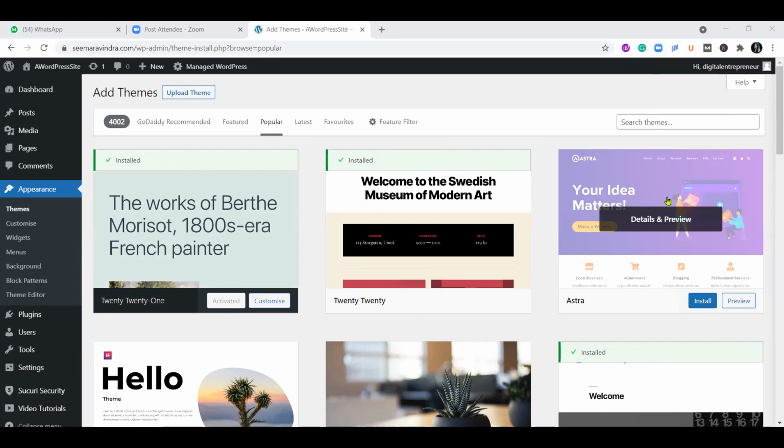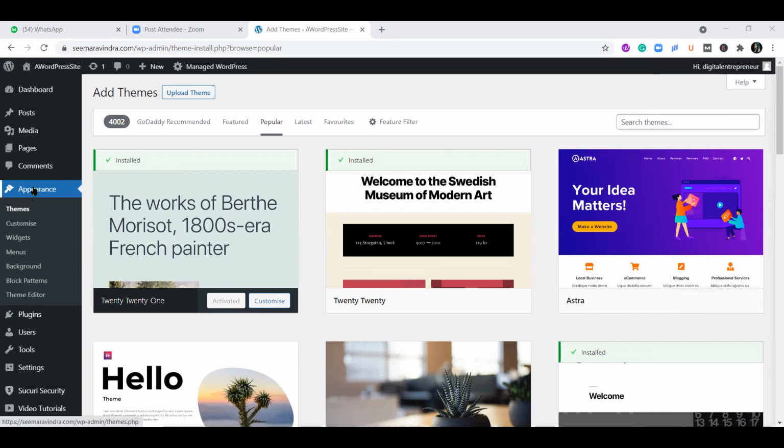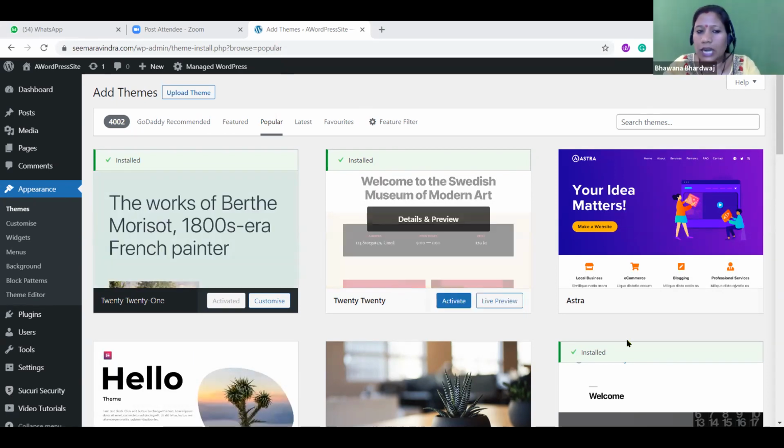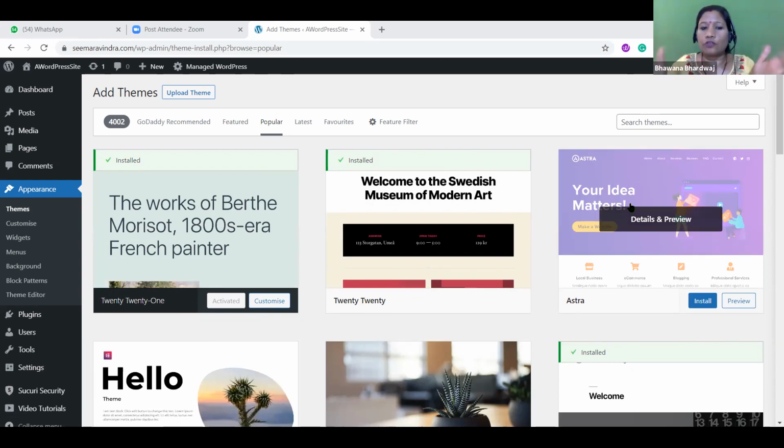Ma'am, I couldn't see that add theme, so I'm using the free website WordPress to try. I can't see the theme section. I can't see that add theme. Yes, in a free website you will not see the add theme. That's why I asked all of you that you must have your self-hosted domain. कि सबके पास अपना domain और hosting होने के बाद ही वो add theme का option है, वो free वाले में नहीं आएगा. Okay. Right? So it's perfectly fine. You can just revise the video and you can do the same thing when you are working on the self-hosted.